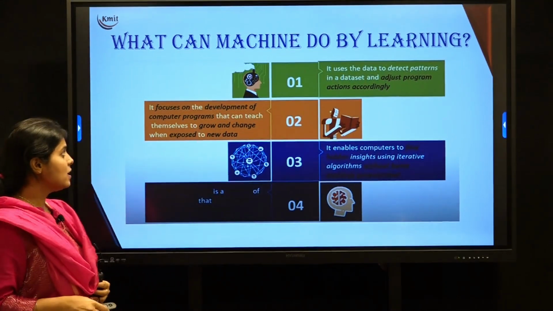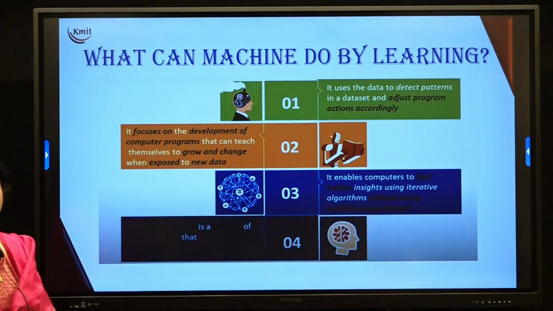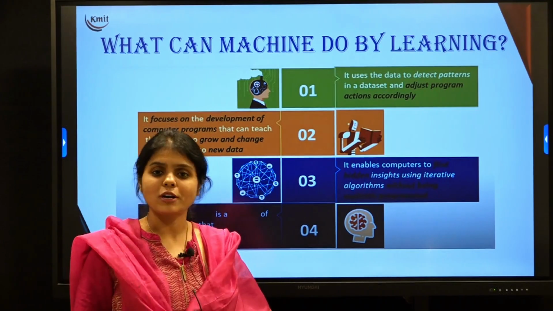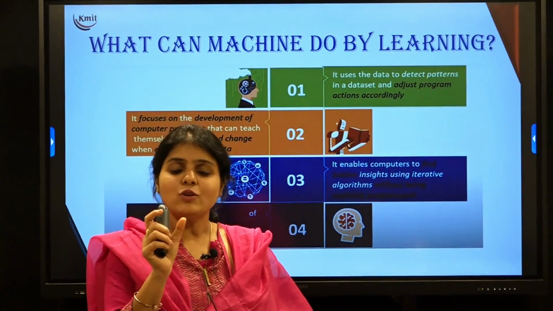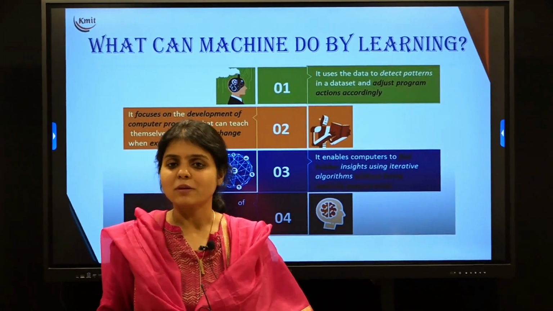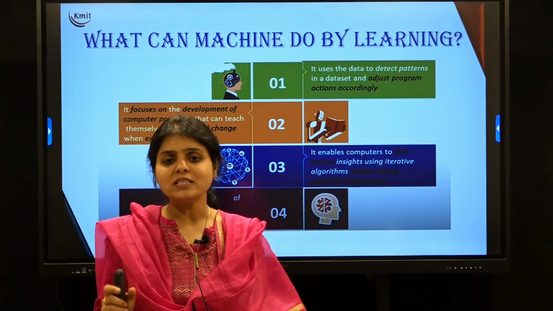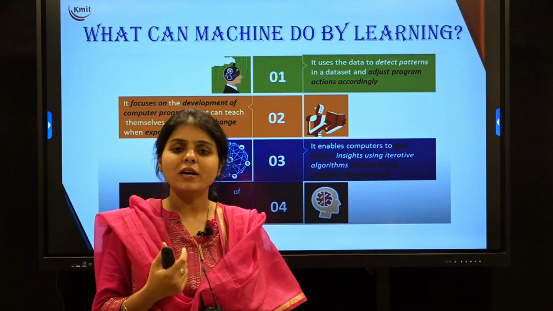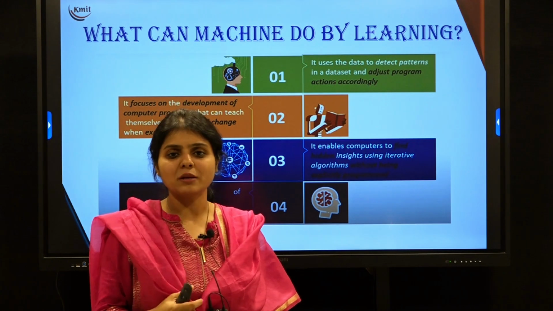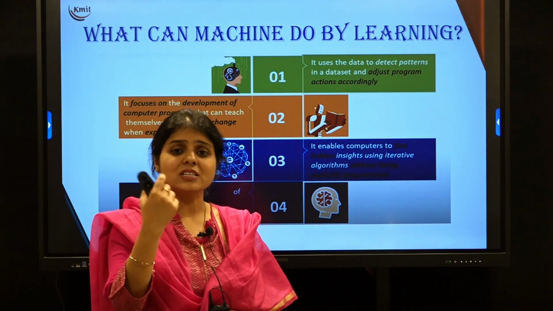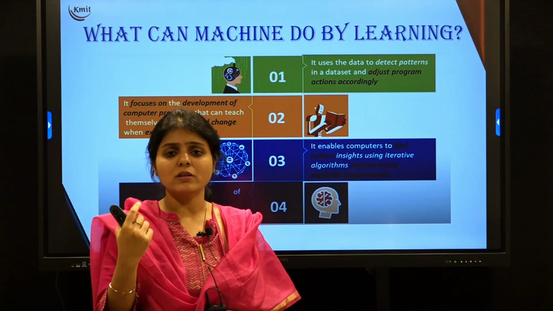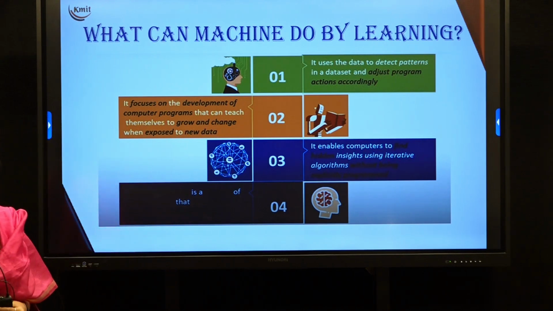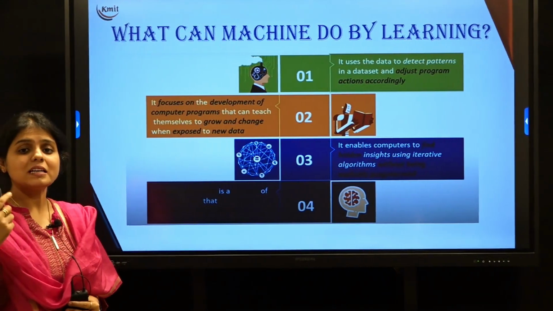Okay. So as you can see, the machine reads the data, understands the patterns in the data and adjusts the program accordingly. As we have said, we don't do traditional or explicit programming here in machine learning. What the machine does is understand the data and find the patterns in the data. For example, if I want to identify one person in those 100 images, even if the person is appearing in a different outfit or with different features, the machine would be able to identify that because the features of the person are similar. So the machine would understand the patterns.